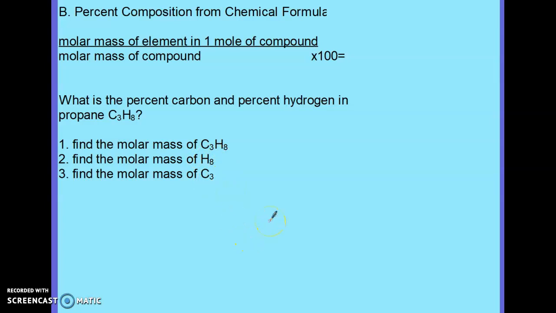So I have 3, I'm just going to do these separately, 3 carbon and then all together, so I need all of these numbers. So 44 is the mass of